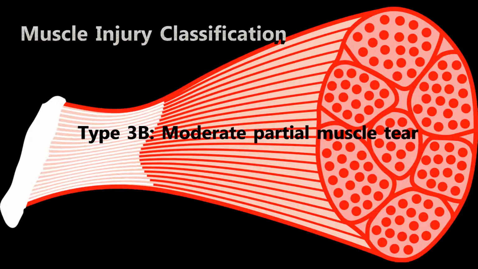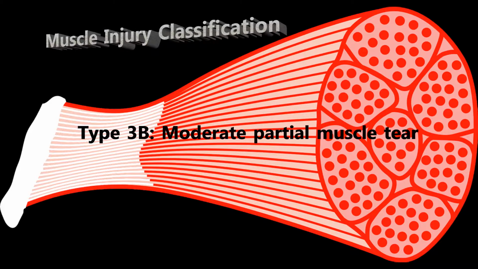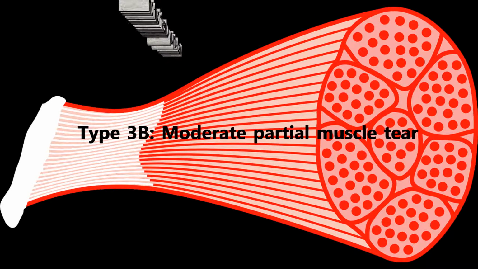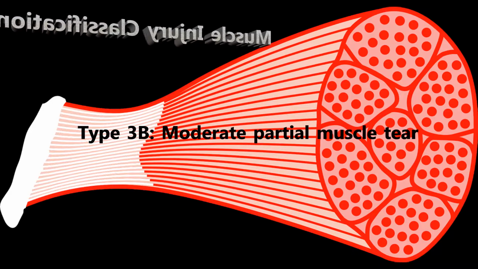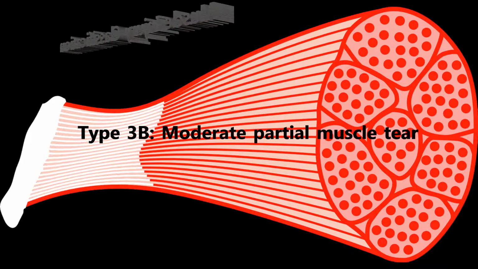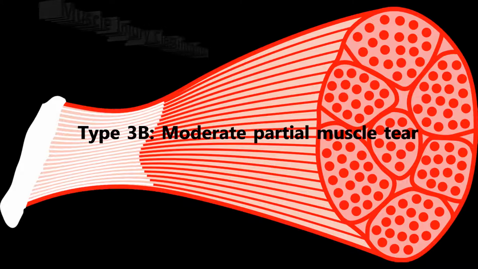Type 3B, moderate partial muscle tear. This type of tear will have a diameter of greater than a muscle fascicle bundle. Symptoms are usually a sharp or stabbing pain with a tearing sensation at the time of injury. So pain is instant and it will be localized pain. It is common to palpate the tear, and early stretching will exacerbate the symptoms. An MRI could be positive for significant fiber disruption, probably including some retraction. There is commonly fascial injury and intramuscular hematoma.